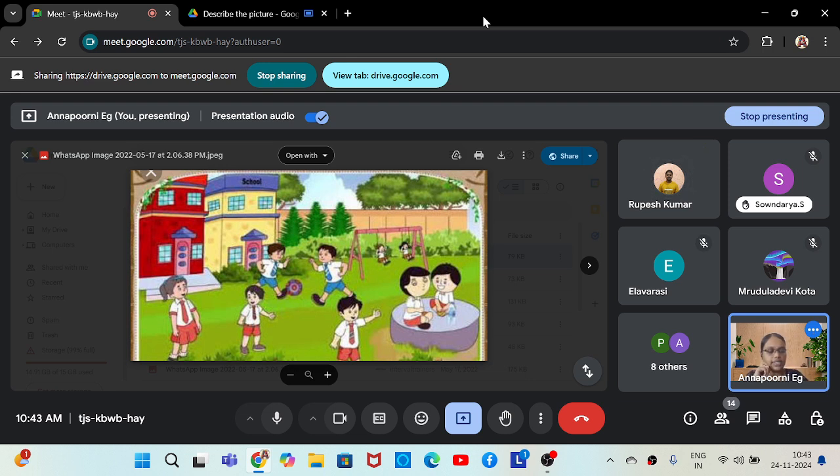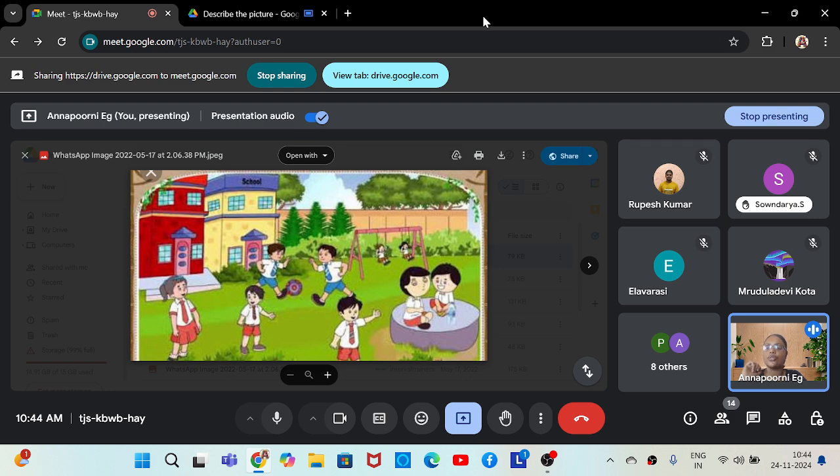That's it. Okay, fine. So it's not "greenery," it's "green." Greenery is a noun. You can use that noun only in some places, like the entire school is filled with greenery. Otherwise, you can say the school is surrounded with a green ambience or green atmosphere. Okay, fine. So that was a good imagination.